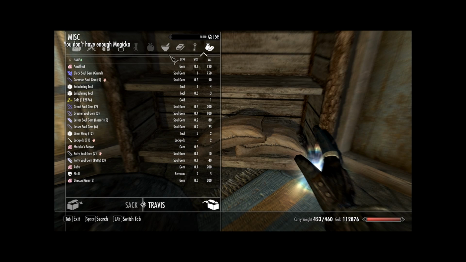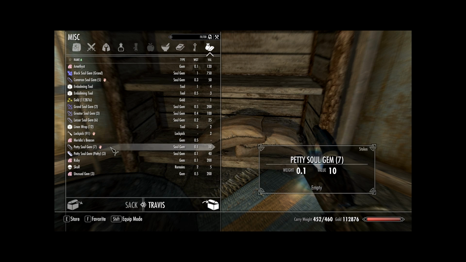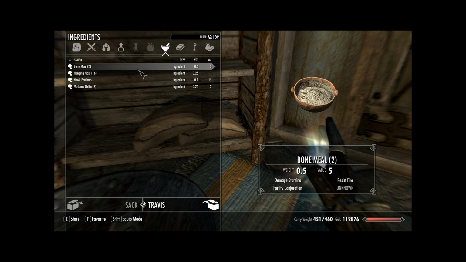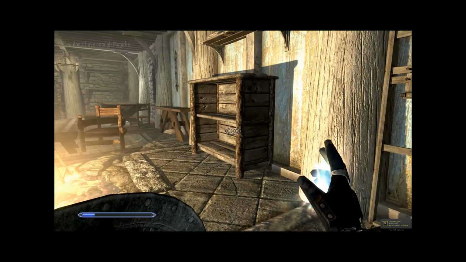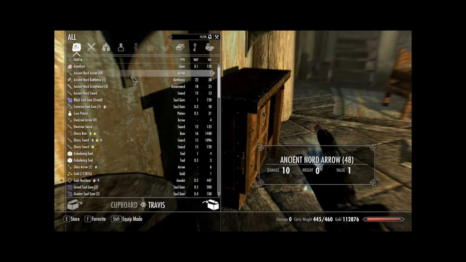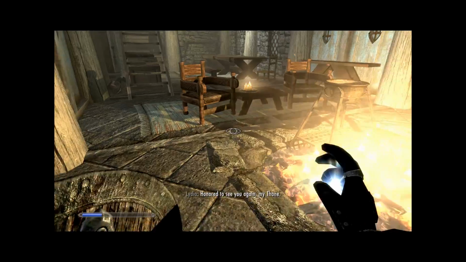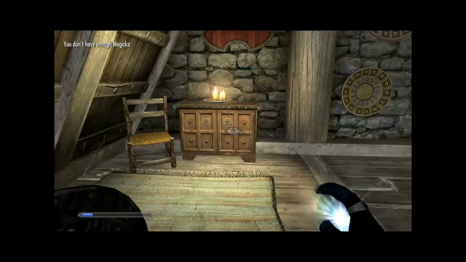Alright. Well. Filled soul gems can go in here. The black one needs to go upstairs. Honored to see you again. I need to hoard a lot of grand soul gems in order to do everything I need to do. My Thane. Honored to see you again. I didn't find any important gear, so...